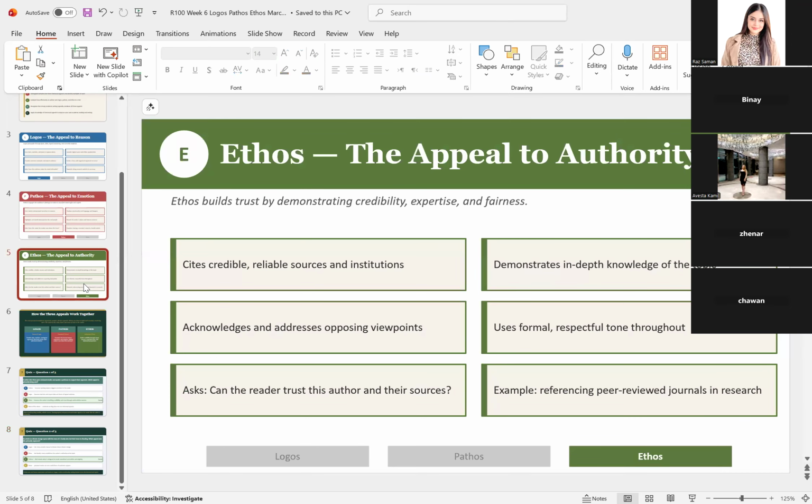All right. Then the last one is ethos. Now, ethos is credibility. All right. Imagine me telling you that you must do your work because if you don't do it, you will get a zero. That is an appeal of authority. It's me having authority over you. If somebody says that you should take medication because 80% of it will save you, if it's a doctor saying it, you will believe it. But if it's somebody just on the street saying it, you won't believe it. Okay? So ethos is credibility, expertise, and fairness.